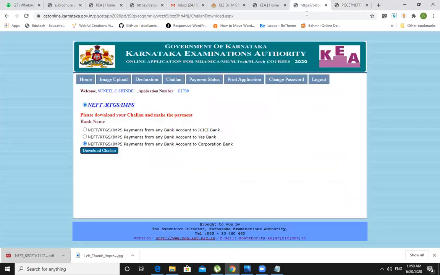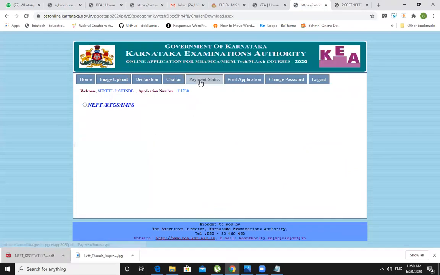Okay, fine. Okay, next. So this is the challan section, whatever we have seen, and here you can see that this is a payment status. Means once you go to the bank and deposit the required amount, that is 650 or whatever, then come back after 1 or 2 days, you will see the payment status as confirmed here.